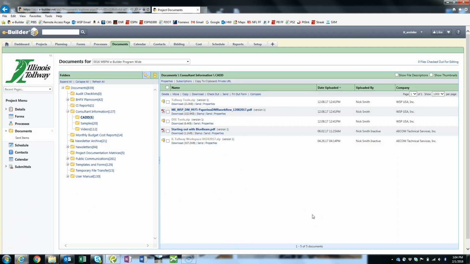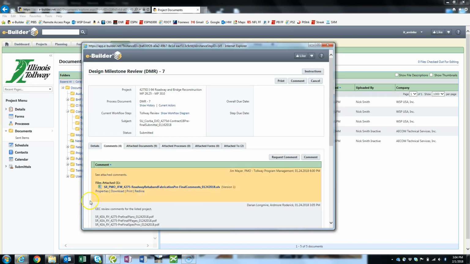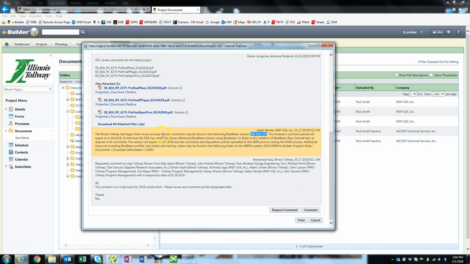Once you have BlueBeam set up properly and you're ready for your review, you need to go to the DMR process within eBuilder. Click on the process that you intend to review. Then click on the Comments tab and scroll down and you will see some language from the GEC in regards to the BlueBeam session review and the schedule of the review. Please copy the session number